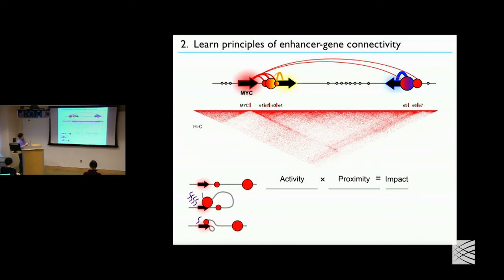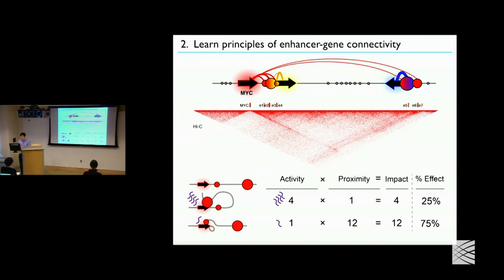And then a second parameter would be its probability of contacting the promoter relative to other regions. So, for example, this large dot here might have a large activity but small proximity because it's farther from the gene, whereas this other smaller dot would have a smaller activity but perhaps a much larger proximity, which could give it a larger overall impact on expression. And we could imagine that in this simple model, you might be able to predict the quantitative effects of a particular enhancer on gene expression if you know all of the other enhancers that this particular gene is listening to.